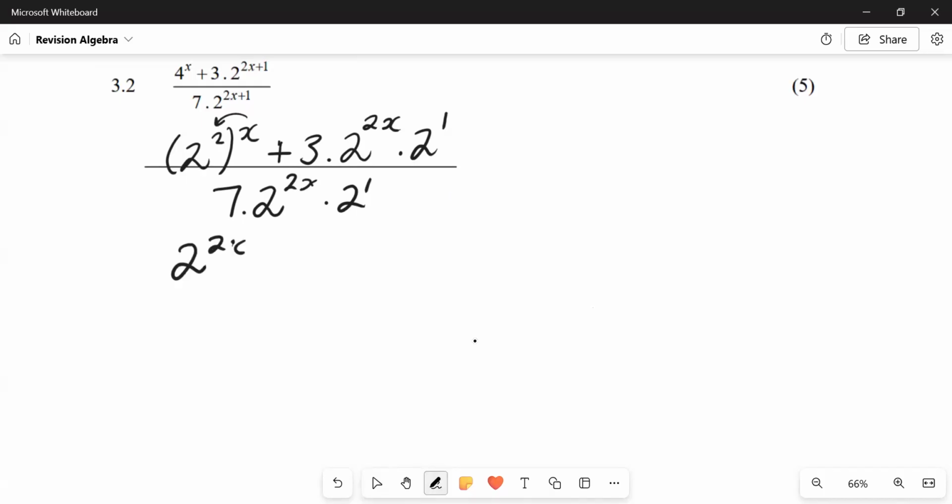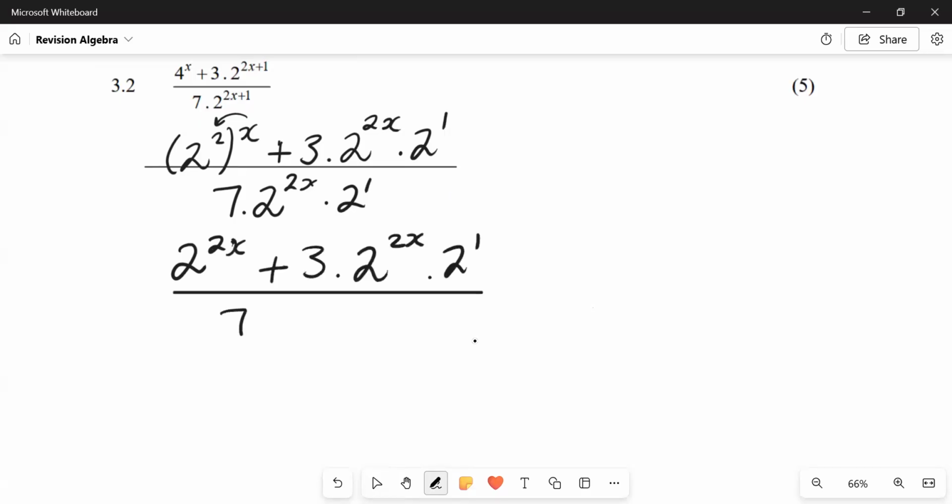So basically here we're trying to create our own common factor. And then from here now we have your 7 times 2 to the power 2x. That's 1. So now this is the common factor,